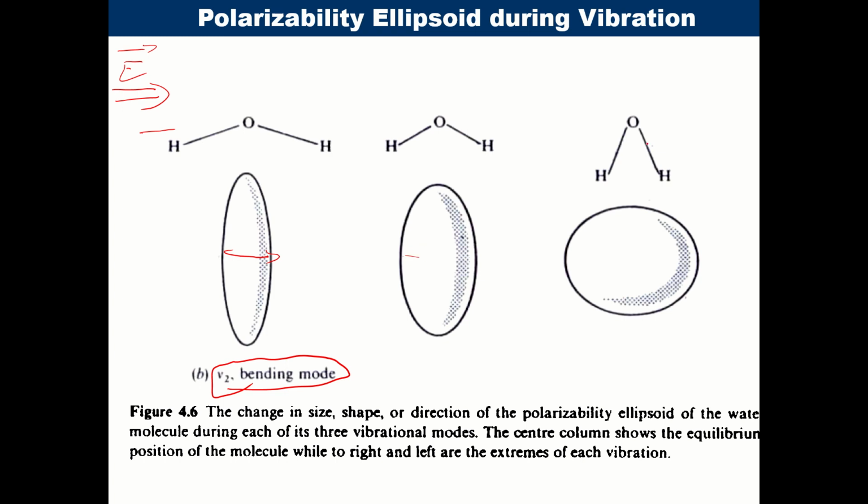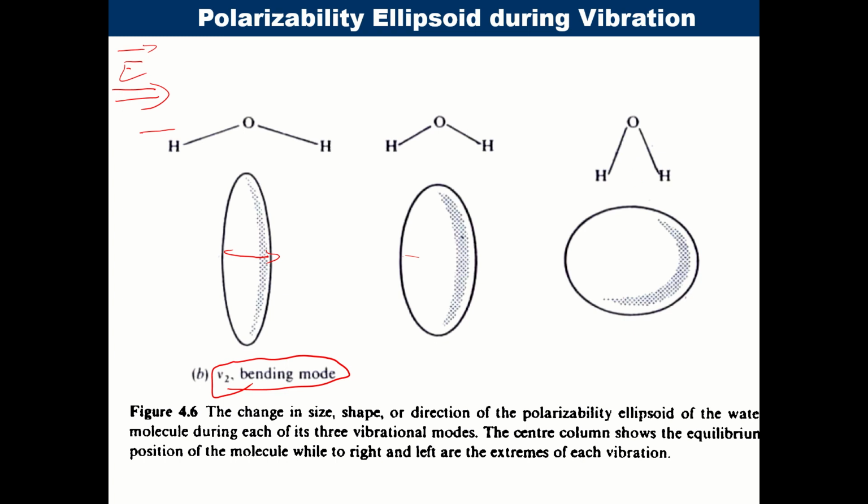The change in axis, so there are two things. On the one extreme, when bending is happening, it is trying to become almost linear, with HOH on the left side trying to be just less than the linear situation. And on the right-hand side, what is the extreme condition? You have a condition where the two hydrogen atoms are approaching each other. The two OH bonds are becoming collinear. They are almost superimposed over one another in the extreme situation.